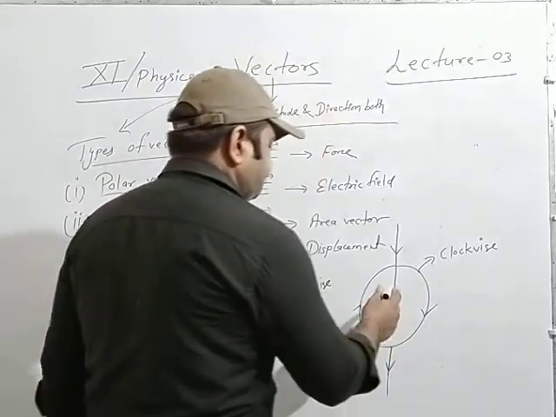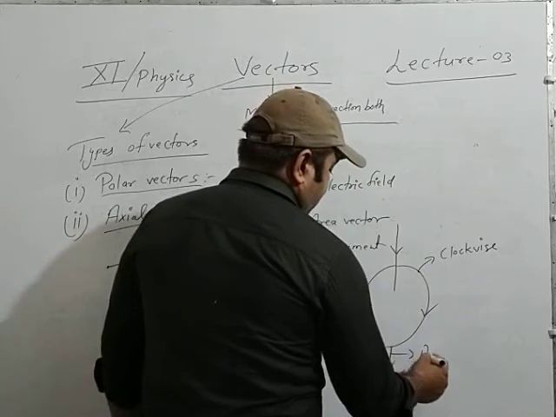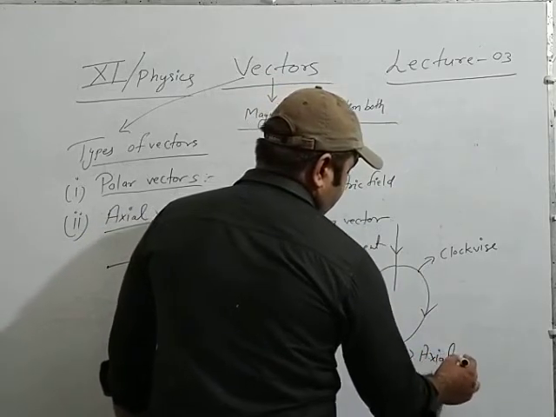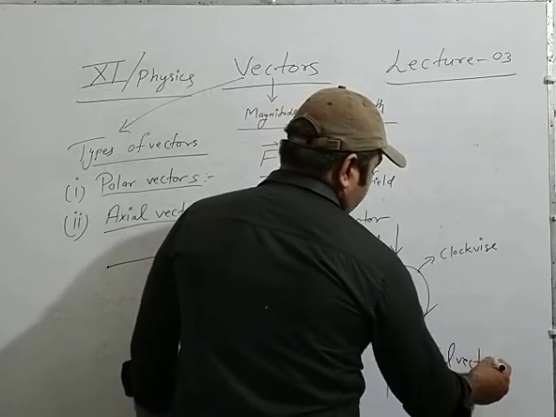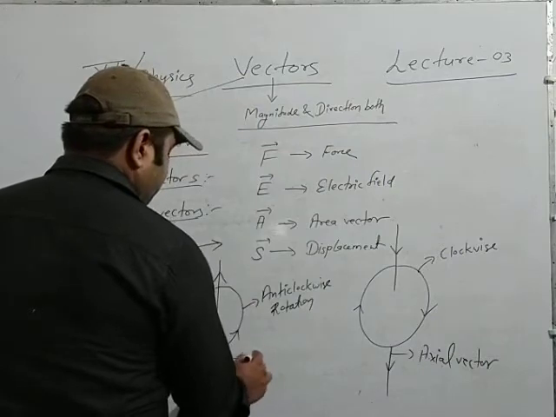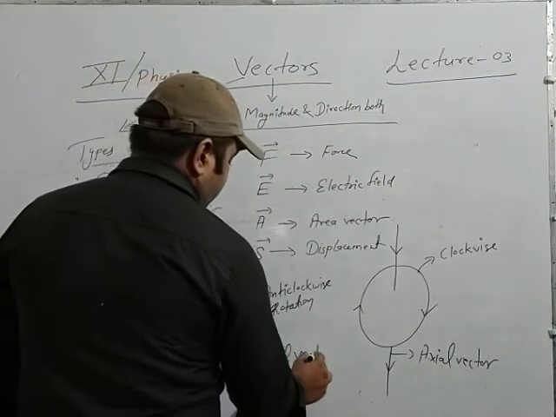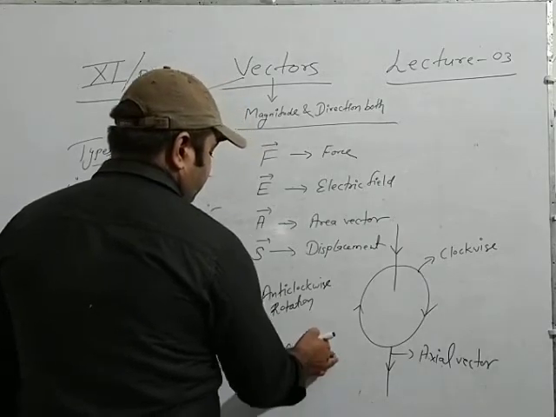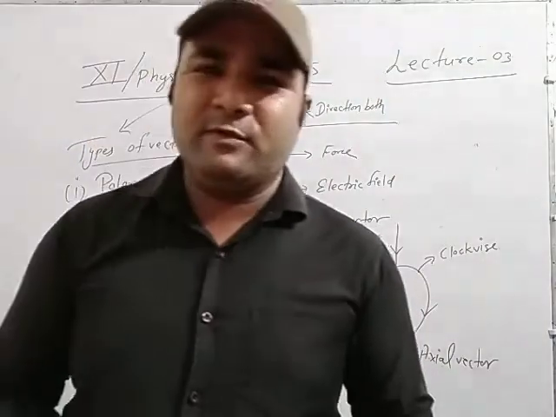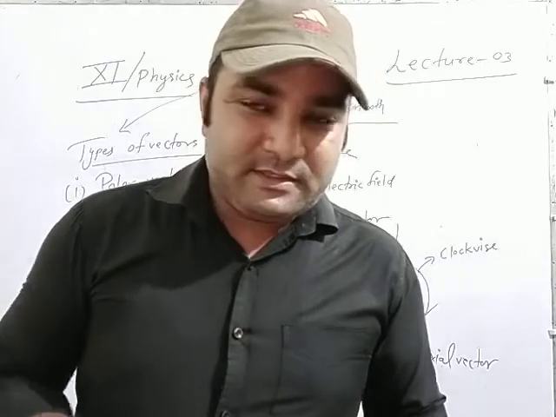That's why here the concept of axial vector, this one also axial vector. And then after axial vector, the concept of vectors having a few more definitions: equal vectors, negative vectors,